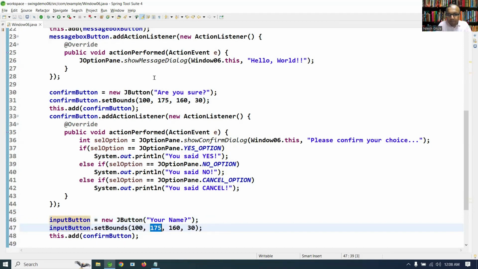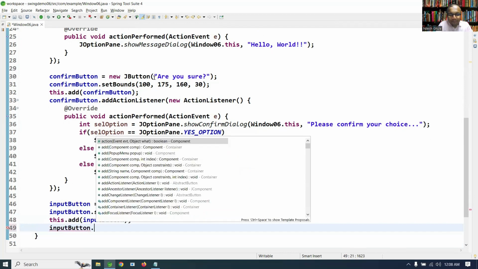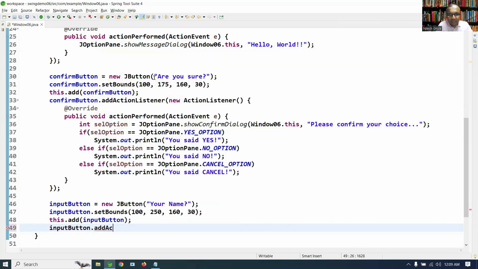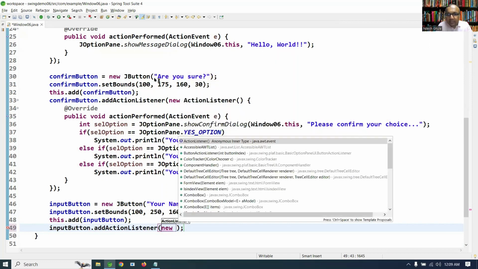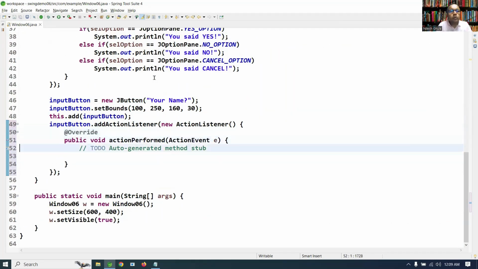Input button, with some different coordinate, and the input button is added. Let me also handle the event for the same. Add action listener once again, new action listener, and on a click of this button, I want to take the